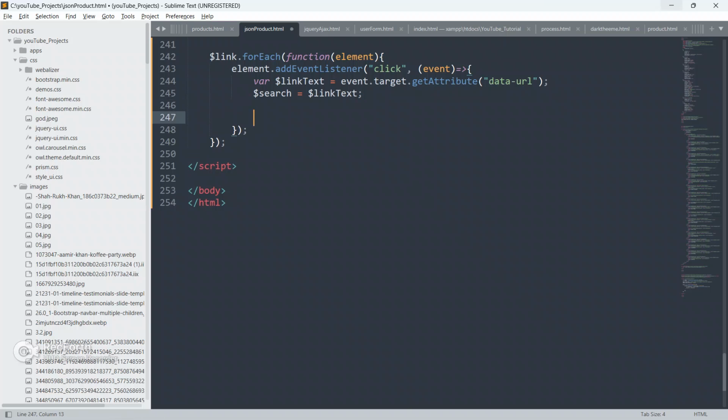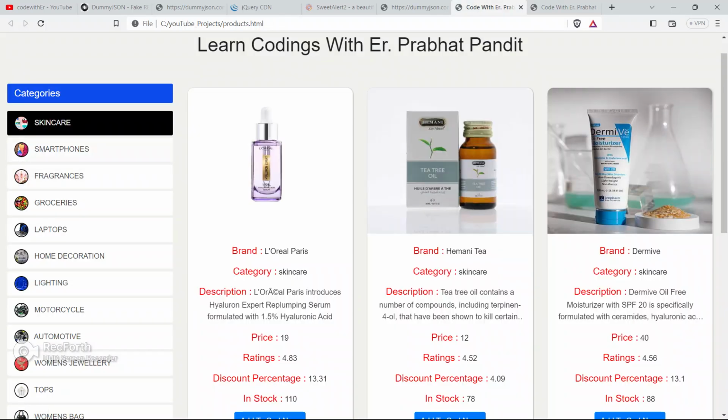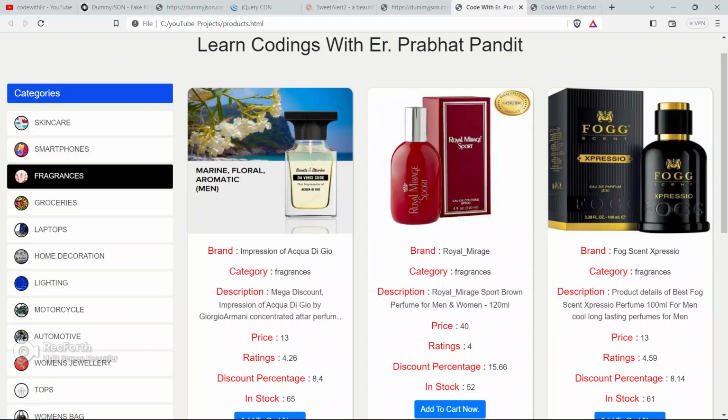Now we are going to create, as you can see in the example, whenever a user clicks on a category, the current category is selected with a black background color. Now it shows that currently we are on the smartphone category.